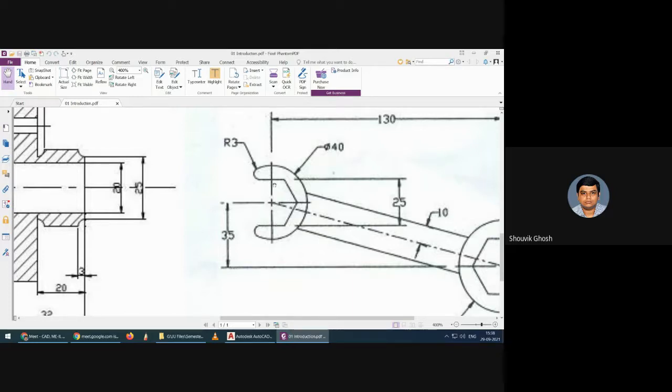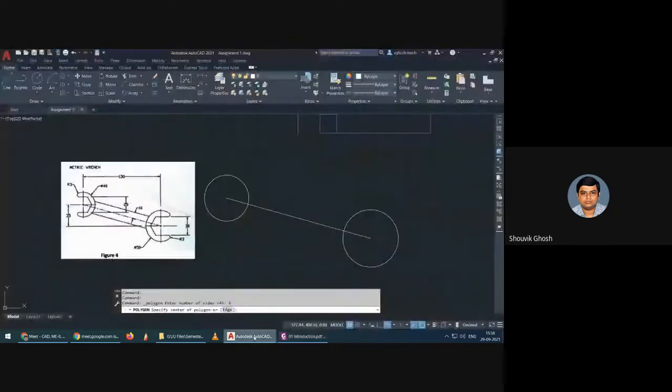Right? If I draw a circle of 25 dia within this polygon, then only I will get this. So what I will do when I am creating the polygon, I will use the circumscribed in a circle option. So then I can specify the radius and I will get the polygon. Okay.